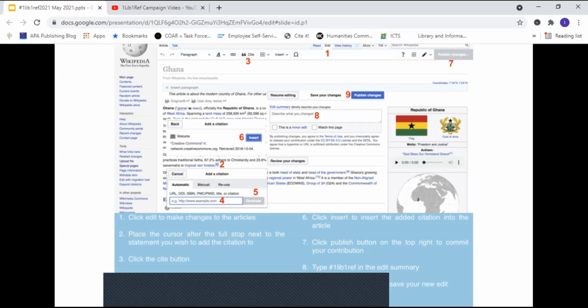That's first prize, where it'll be auto-generated, but you might have to put in something manually. You would then insert that added citation into the article, click on the publish button, and then you would get this edit summary. This is where you would put in "added citation," hashtag #OneLib1Ref, and all the various hashtags.